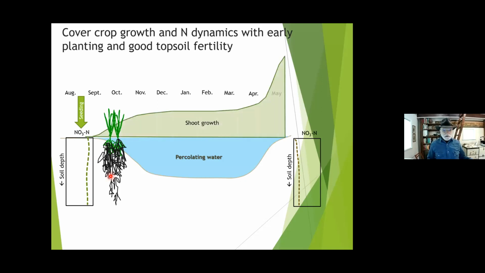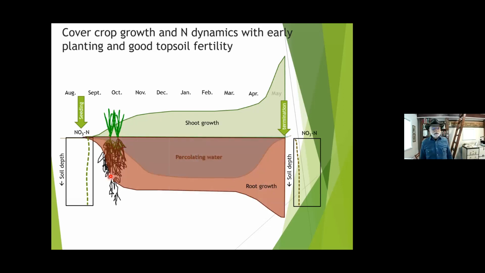That's going to result in substantial shoot growth, maybe 2,000, 3,000, 4,000 pounds of dry matter per acre in the fall, and that'll stay fairly dormant in the winter, and then that may go to 5,000, 6,000, 7,000 in the spring. That'll be a really nice cover crop. That's what to shoot for. The roots will also be deep. If you plant it early, we know from these experiments with the tracers that